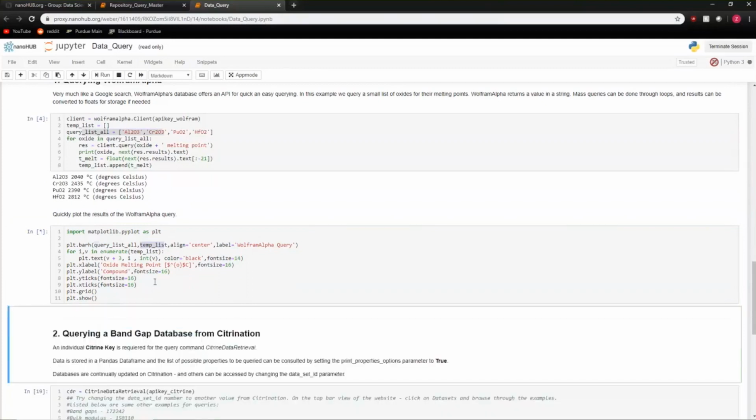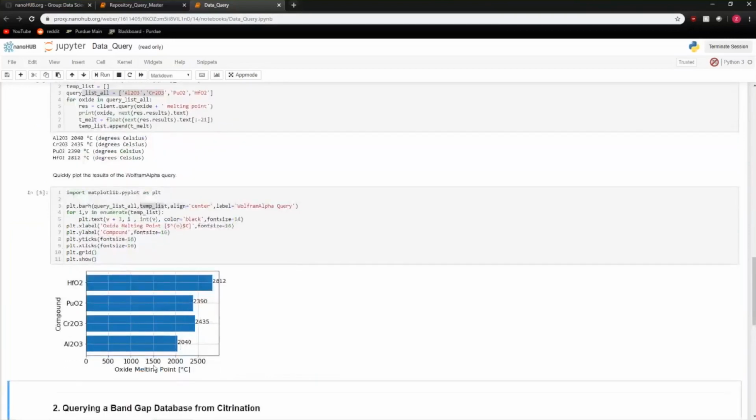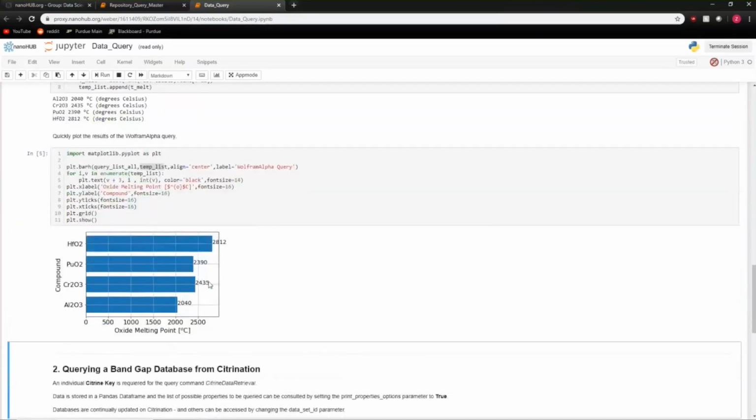Okay, so Shift-Enter to run the cell, and we should get this simple plot down here of the oxide melting point and our queried oxides. And as we can see, there's a range of melting points that we have from them, but at the end of the day, it seems like Hafnia is the winner, if that's the one that we wanted to stabilize for a certain application. Okay, so we've performed a very simple query with Wolfram Alpha through string queries,